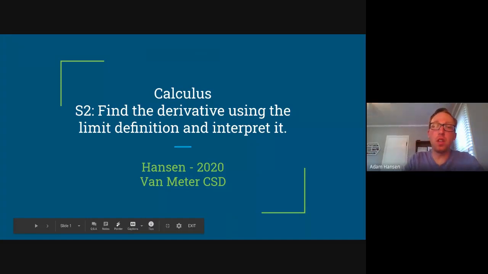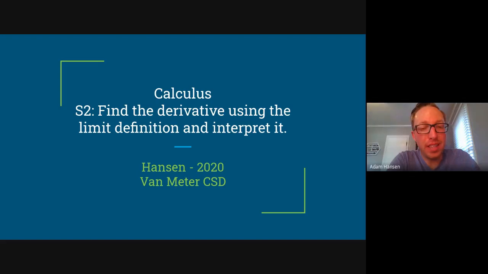Standard 2 focuses on the limit definition of what's called the derivative and how we can interpret it. In our previous standard, we talked about instantaneous rates of change and average rates of change. The average rate of change is the rate of change between 2 points, and the instantaneous rate of change is the rate of change at one particular moment in time. We'll use that moving forward here in Standard 2 to talk about how the limit definition of a derivative is